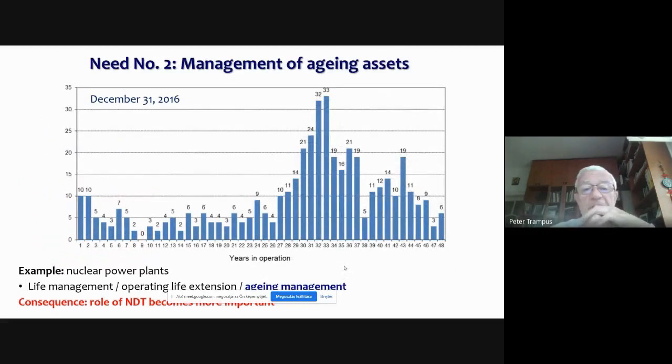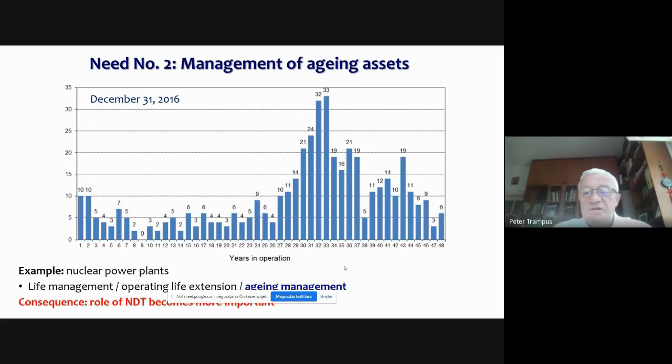The second need is the management of aging assets, and my example is from the nuclear power plants operation. In this diagram, you can see the ages of the operating 440-something nuclear units in the world.